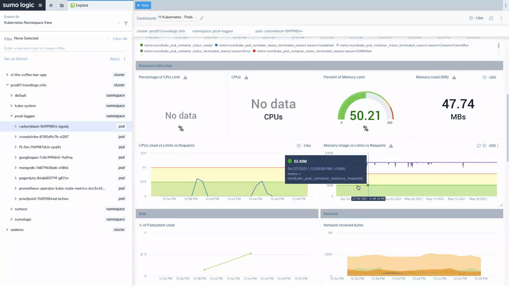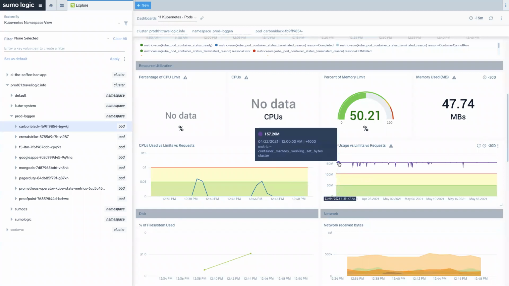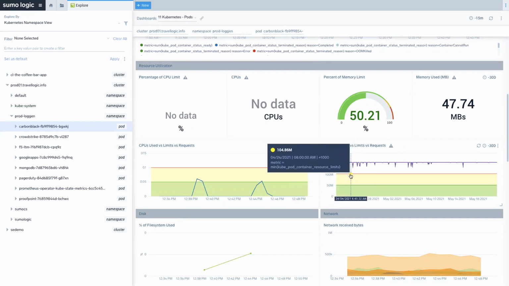And in this case, it looks like that's set to around 50 meg, but I've also got a limit, which is the maximum that it may use. And it seems that this container is exceeding that massively. So every time it starts up the container, unfortunately, we're getting stuck with it being killed off by the scheduler because it's using too much memory.